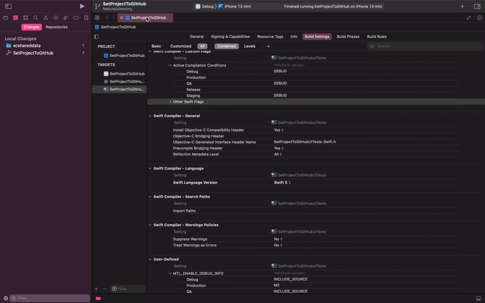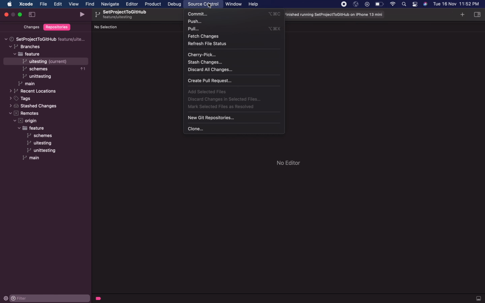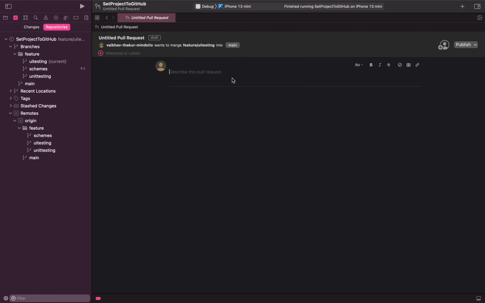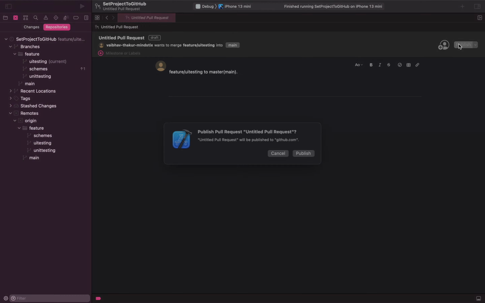Now we need to raise a PR. To raise a PR, go to source control and create a pull request, write some message over here, feature/UI testing to master or main, and click publish.